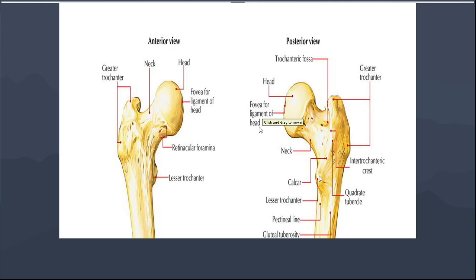Then just near the lesser trochanter, in this region, exactly here, there is